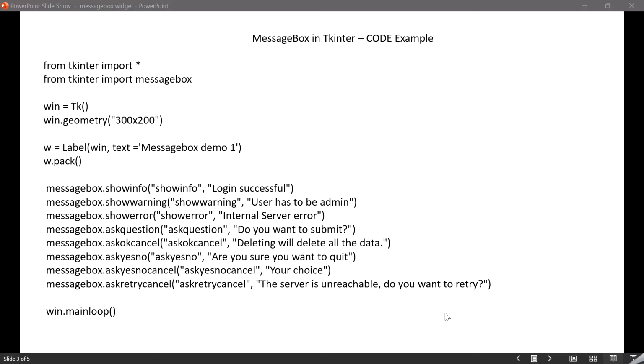In the earlier session, we had looked into the Messagebox widget in Tkinter. And in today's session, let's cover more code examples in the Messagebox widget in Tkinter. So,